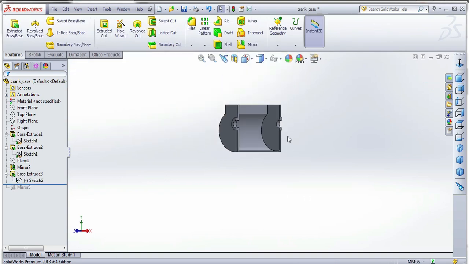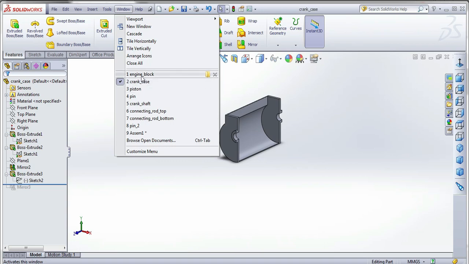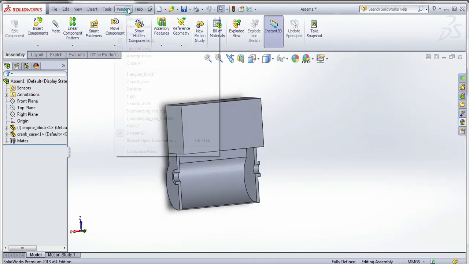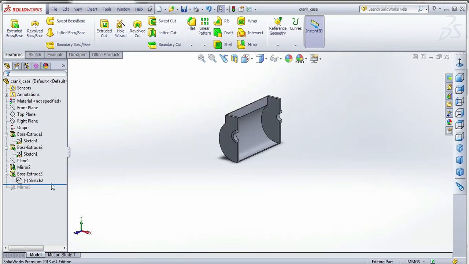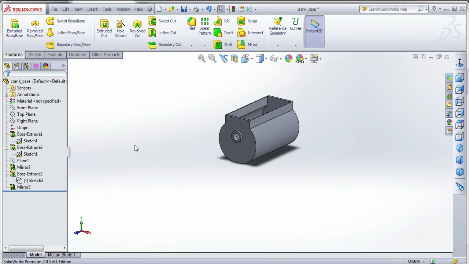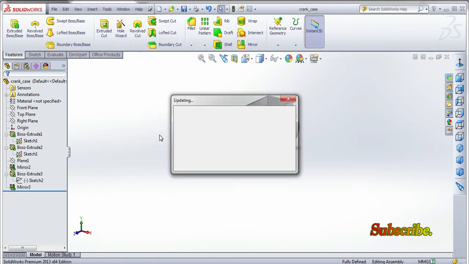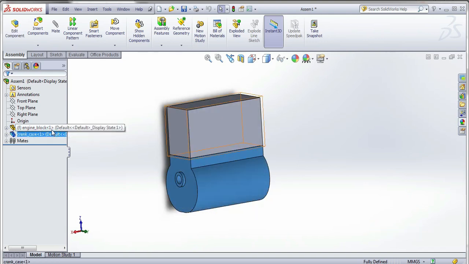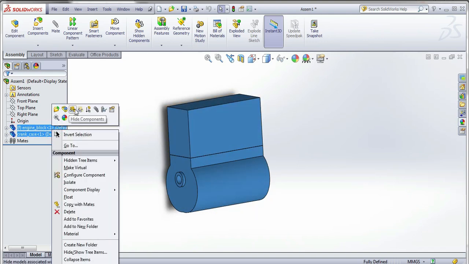If this is automatically coming for final case, save and then make assembly. Now going to mirror. Okay, perfectly coming case. Final assembly. Both of them are